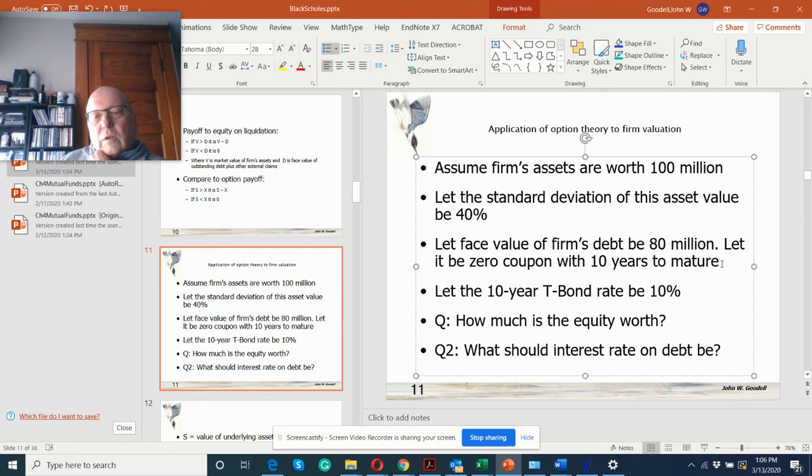We're going to model the time to expiration of this option as the time until your debt comes due. And in this problem, we simplified that by having all the debt be zero coupon with 10 years to mature. So all your debt's going to be coming due in 10 years. In other problems, we're going to use the duration, the aggregate duration